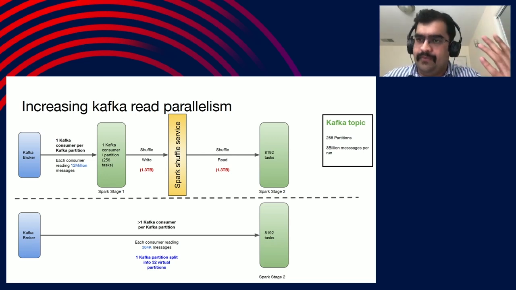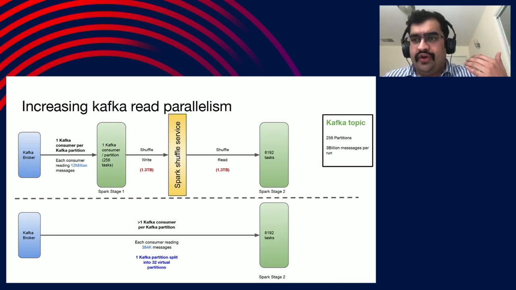It basically tries to serialize the operations when you are trying to read from the same Kafka partition. The problem is we have lots of operations we want to do on this data which we have read from Kafka before writing it to HDFS, like sorting the records, grouping it, group by, order by, some n number of operations, right? So for that, we can't be using 256 executors. We want to use more executors. So typically, this is what is done in industry: you read from Kafka and then you shuffle. So you basically have a repartition stage right after that, and you send the data to as many executors as you have, and then you get more parallelism.